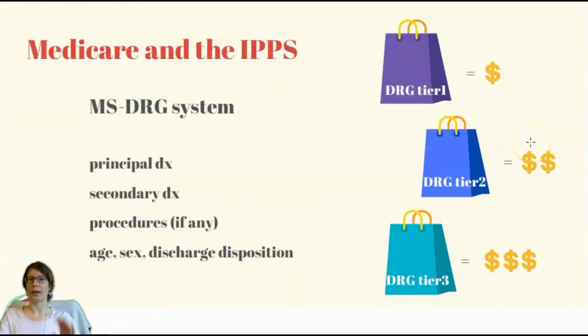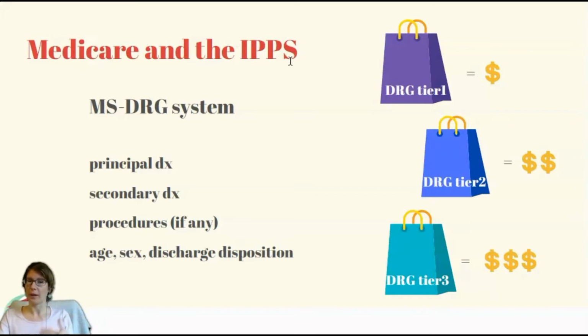In order to understand the hospital-acquired conditions and the present on admission indicator concept, let's have a quick overview of Medicare's payment methodology for acute inpatient admissions. Currently, Medicare is using the IPPS, or Inpatient Prospective Payment System, to cover facility charges for acute inpatient episodes of care. The advantage of this system compared to the previous one is that Medicare knows in advance how much they will have to pay for any given admission.